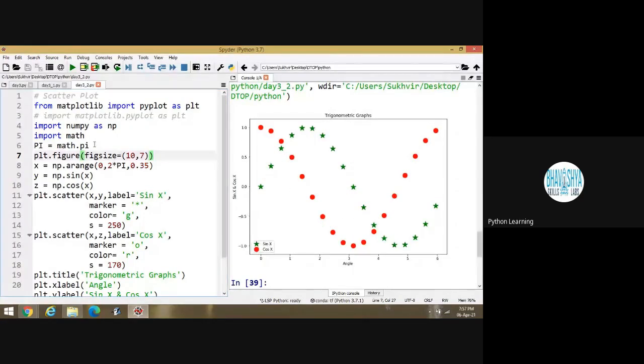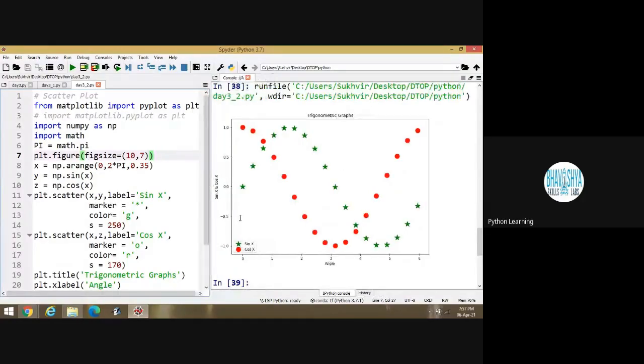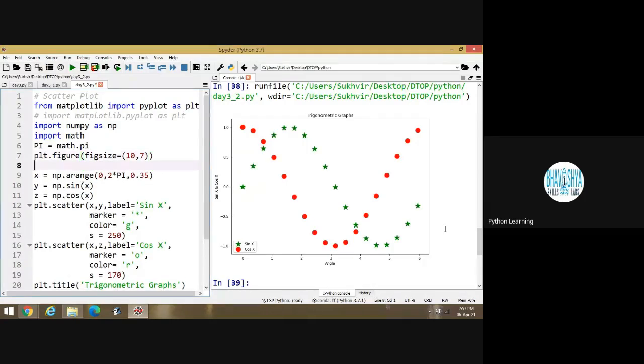Look at this one. Is it okay? I can increase the size of that particular diagram. This length is equal to 10 and this length is equal to 7. You can increase or decrease the size accordingly. And one more thing is there. How to change the background? For that,